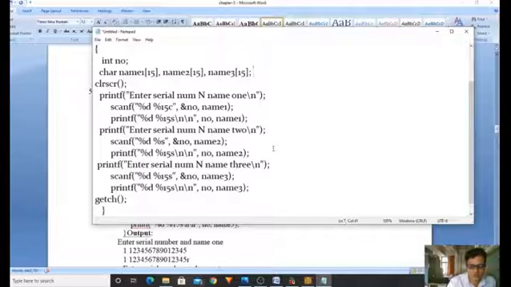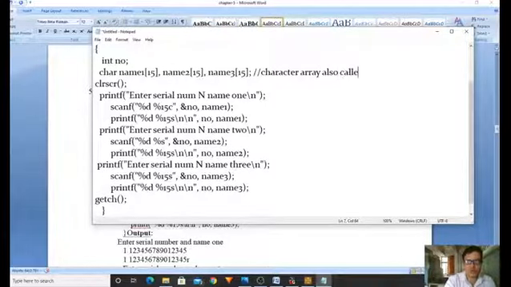This is the character array, also called string, strings. Okay, now while displaying %s we have taken, if while entering you give a space, then what happens? After the space, whatever value exists, it will skip.